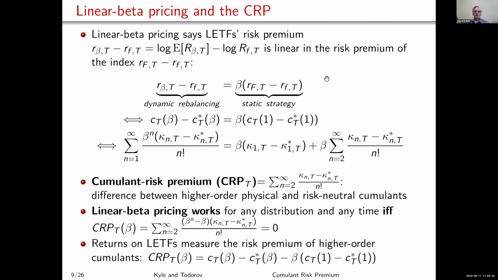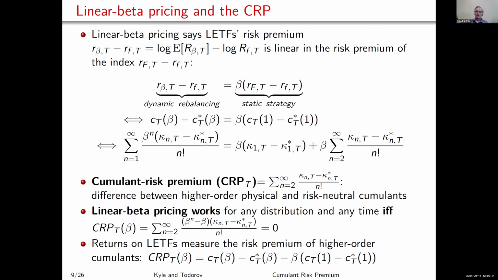So then we have a concept that we call linear beta pricing. This got me interested in this, and that is when I used to teach MBA students back in the days when you could teach MBA students complicated things, we would teach them that you discount cash flows. You put the expected cash flow in the numerator, and then you do the risk adjustment in the denominator. And the typical risk adjustment implied by the CAPM would be to use the beta times the risk premium on the market portfolio, and add that to the required return in the denominator. And that to me is linear beta pricing.